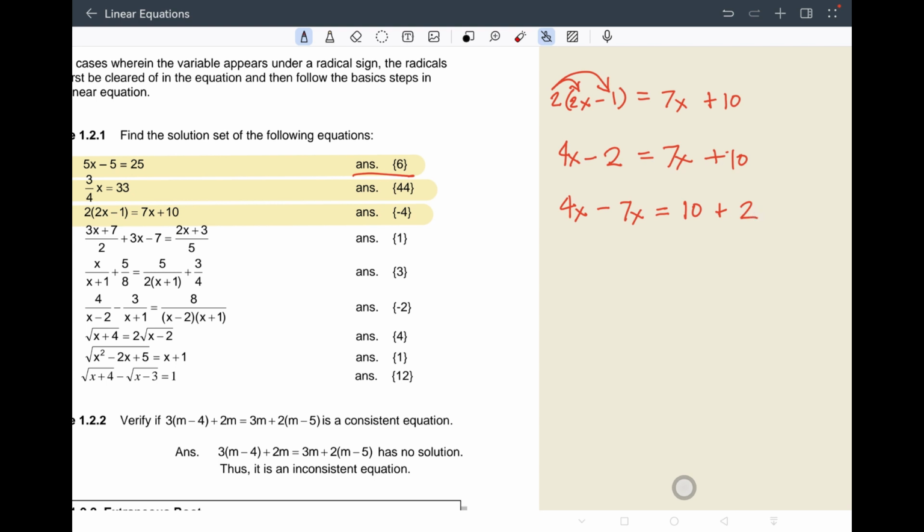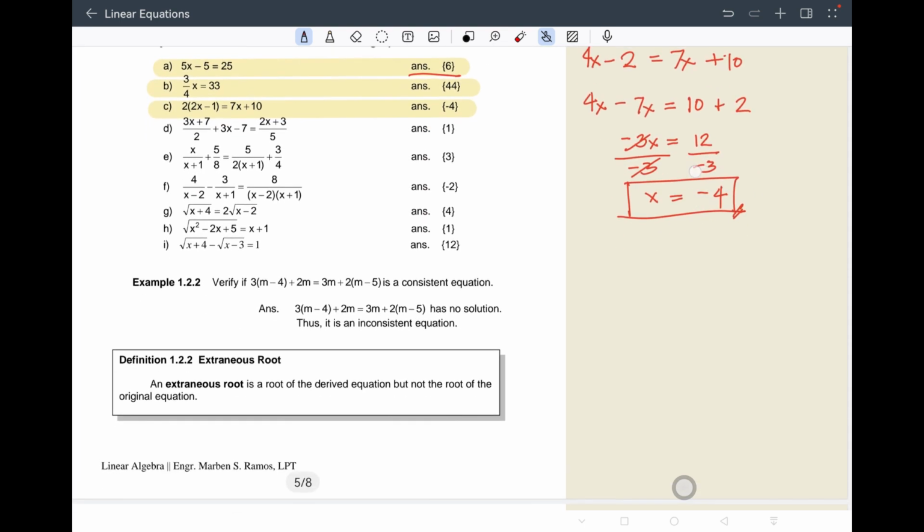4x minus 7x is negative 3x equals 10 plus 2, 12. Divide this by negative 3 to eliminate the numerical coefficient. Divide this by negative 3. Then x will be negative 4. So let us try again to check